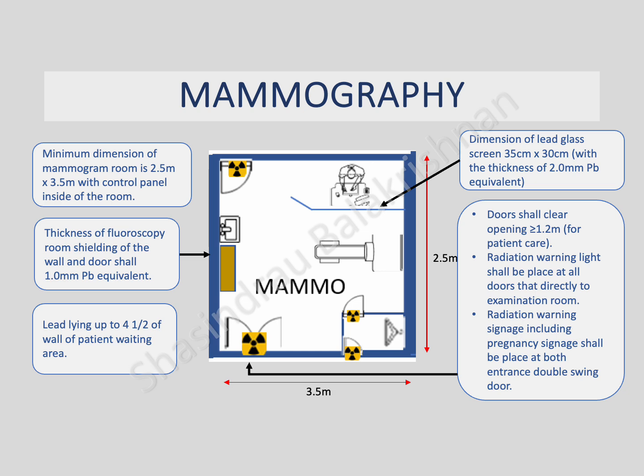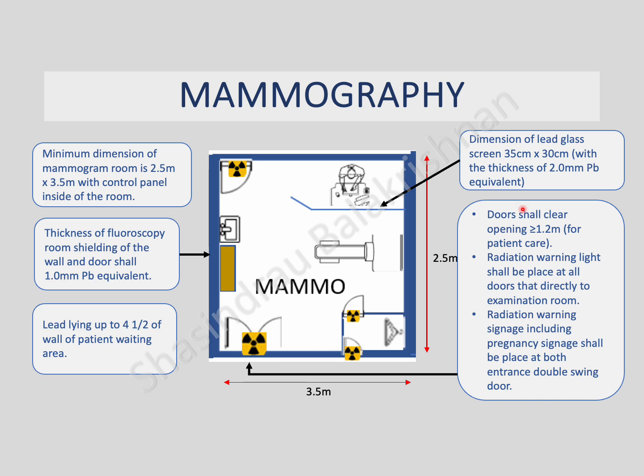The walls and doors require shielding with 1 millimeter lead equivalent to provide adequate protection against scattered radiation, which is lower than general radiography due to the focused nature of mammography. A lead glass window measuring 35 centimeters by 30 centimeters with 2.0 millimeters lead equivalent is installed for safe viewing